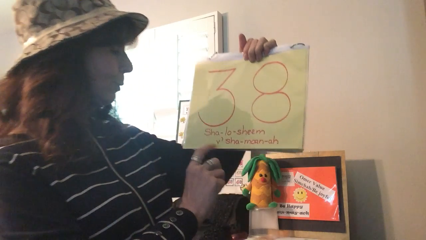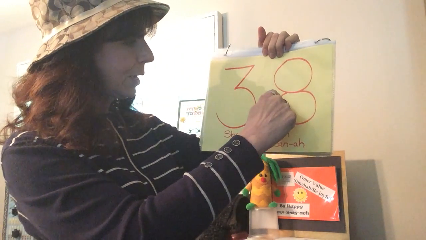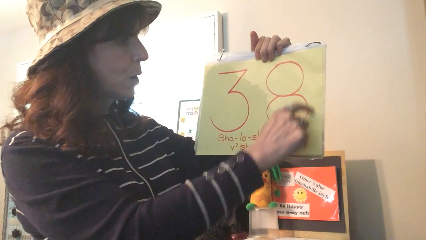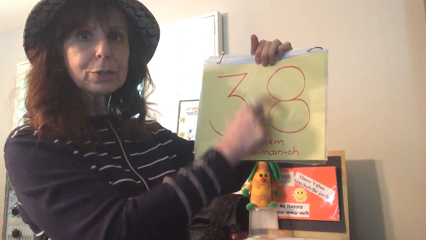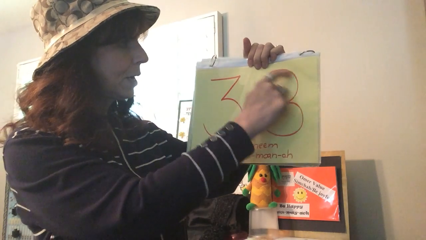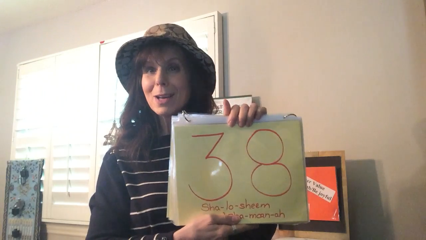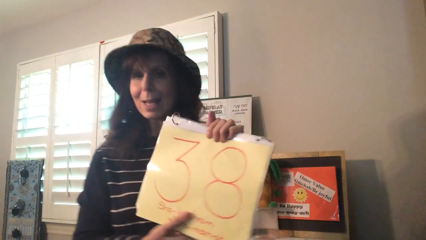And in Hebrew, we say Shaloshim v'Shemona. 2 circles, one on top of the other. Shaloshim v'Shemona. Shaloshim v'Shemona is our 38th day. And that's what we are going to be counting today, all the way to 38. But in Ivrit, in Hebrew. And we are going to be talking about where it lands.